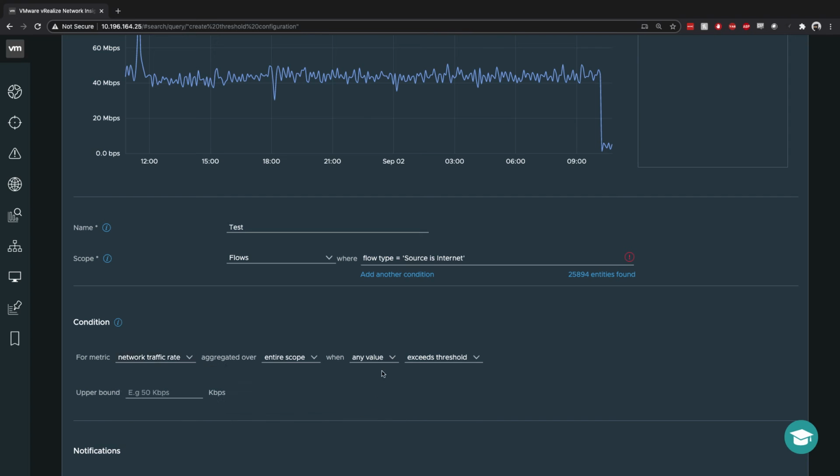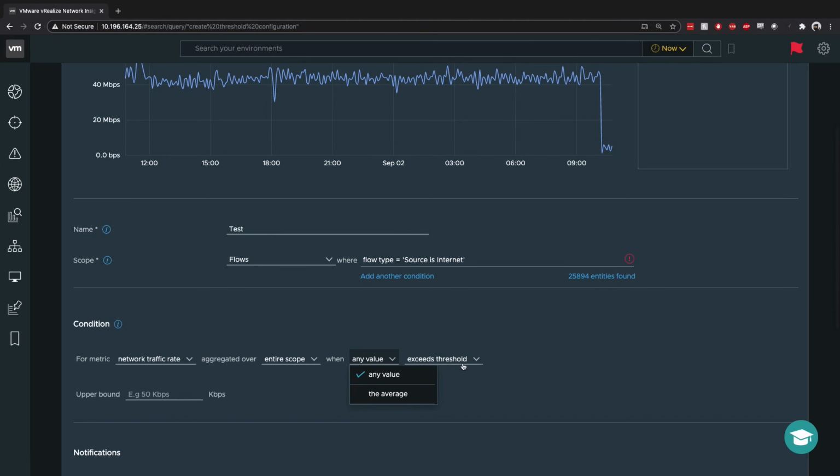this is totally fine. Our next step is to create a threshold value for our alert notifications. These can be set on any value or based off of an average. The threshold can be set on an exceeds threshold, drops below threshold, a set range, all of which can be configured over here on the left-hand side. Or if we choose deviates from previous behavior, we would choose a sensitivity. This option will use a standard deviation algorithm to notify you when traffic is behaving differently than it has previously